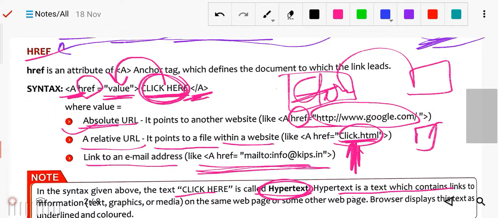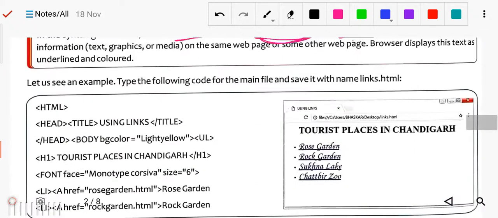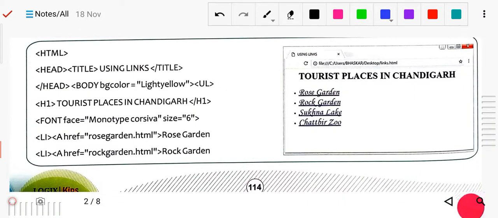Now we have the next example; you can see this one here. This is an unordered list, and no attribute is defined, so it will be with the disc only. Now the heading tag is used for this.